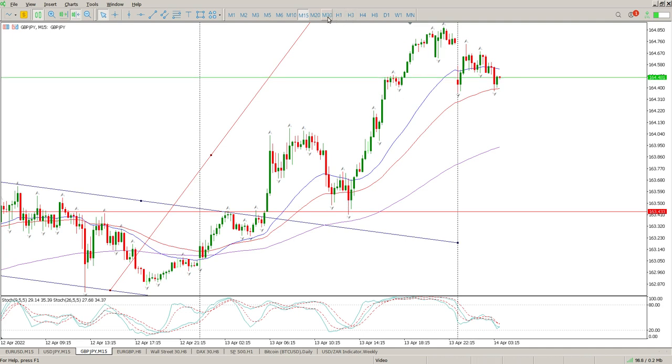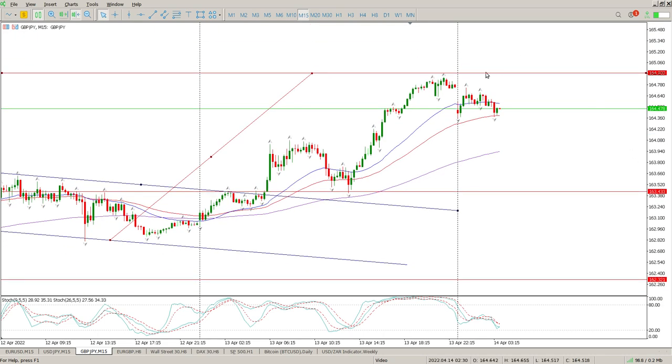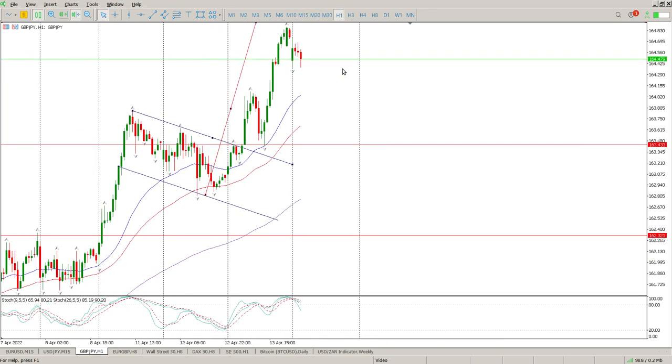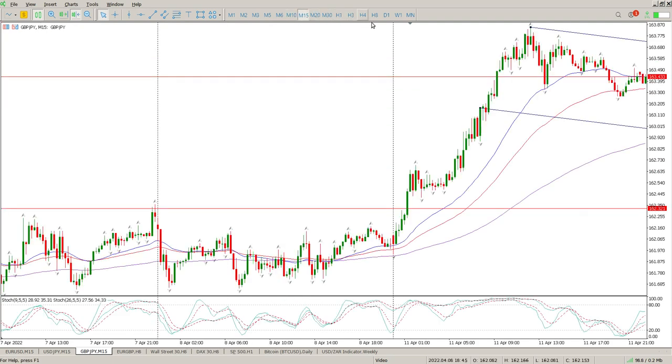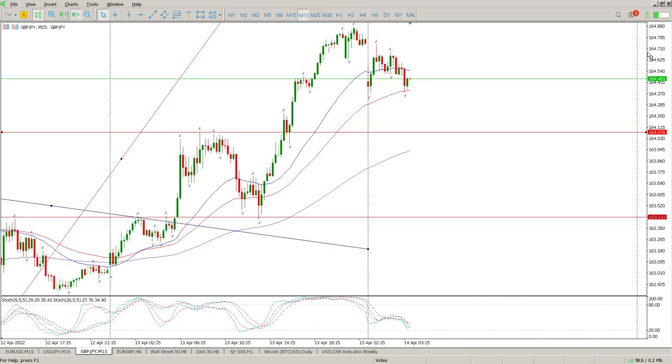Okay, so today, probably just a second attempt at this area. We haven't quite got the measured move, so normally what happens is you get a second attempt at it. So look for the structure. I don't think there is structure on the hour, not really. Well, I suppose there is all the way down here. So if we get back down to 164.078, there's definitely opportunity to buy back into this for another attempt at